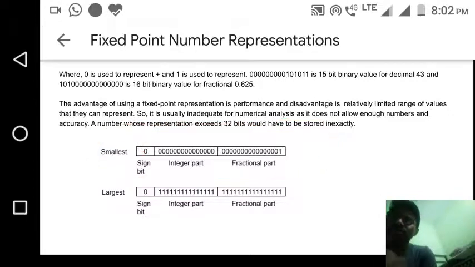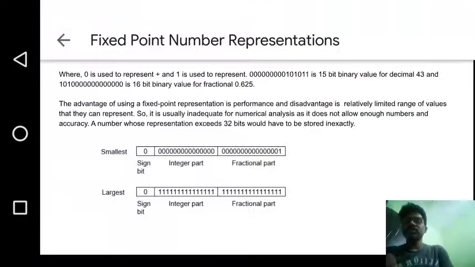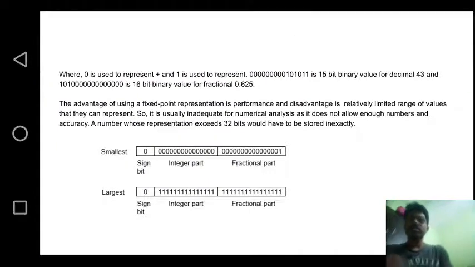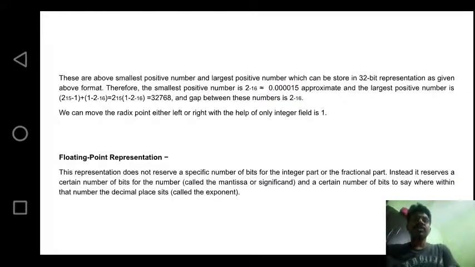And when it comes to, so we'll see next, these are the smallest positive number. Okay, he's saying smallest positive number and largest positive number which can be stored in a 32-bit representation as given in the above format we discussed just now. We have seen, therefore the smallest positive number is 2 power minus 16 approximate, and the largest positive number is